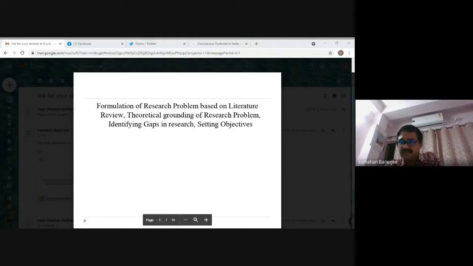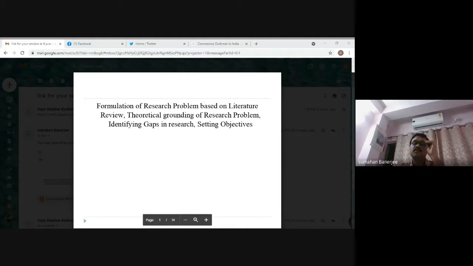There they look into it very rigorously, and they ask for a rigorous, thorough literature review. But in our national journals, not all, but many of the journals in social sciences, we find scant literature review, or the literature review has been done perfunctorily. The reason is that we do not pose these questions. Therefore, our literature review does not reflect that rigor, that meticulous exercise which should be done in case of a